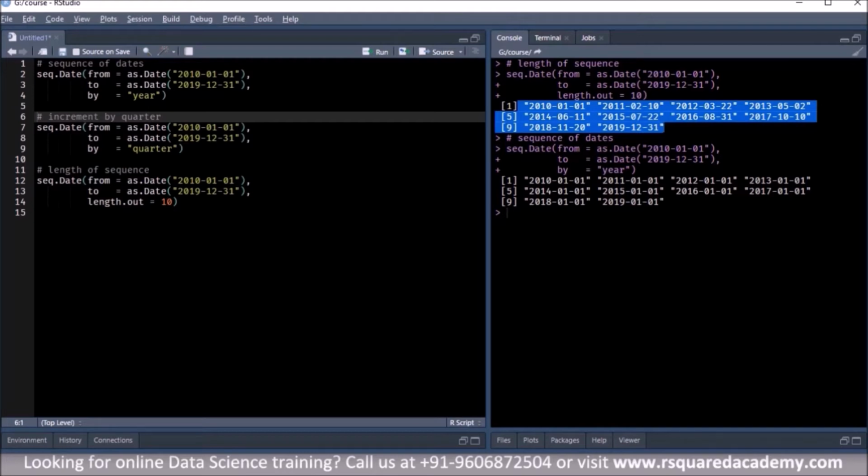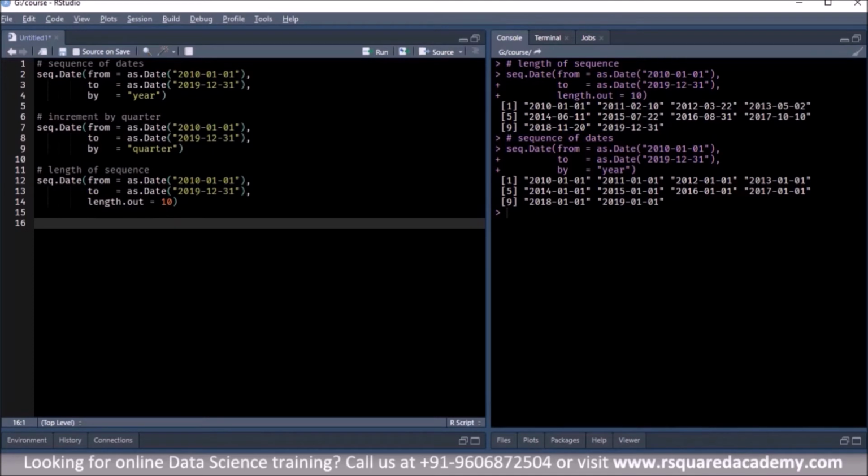So we are saying create 10 dates starting from this date to this date. Now what will happen is the difference between these dates will still be the same, right? If you try to calculate the difference between these dates, it will still be the same. So this is another way to create a sequence of dates. When you want to specify the length of the sequence instead of the unit of increment, then use length dot out.